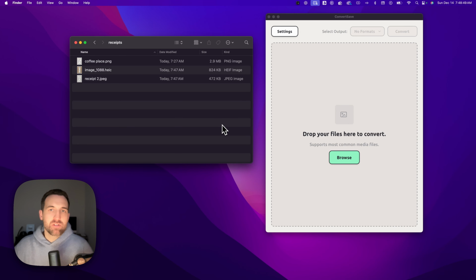Here's how to convert image to PDF. Now you might convert one image to a single PDF, or you might be converting multiple images to a multi-page